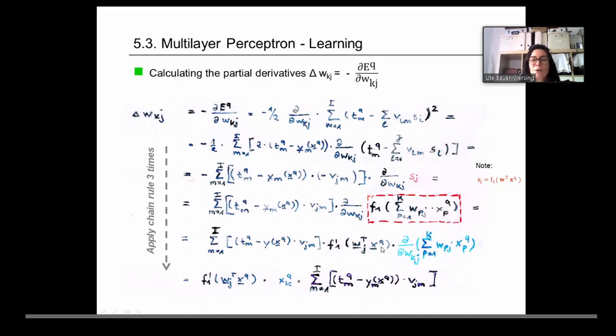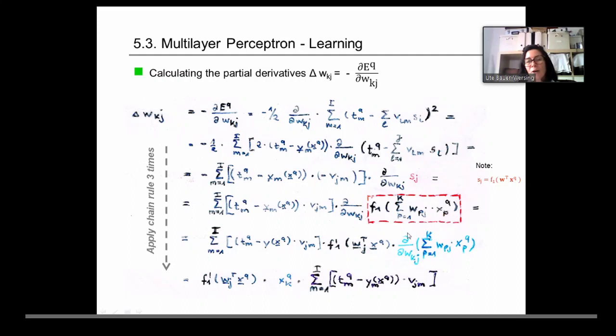Applied to the same argument as we have here, the inner product of the weight vector of the jth neuron transpose times xq. And since this is first calculating the